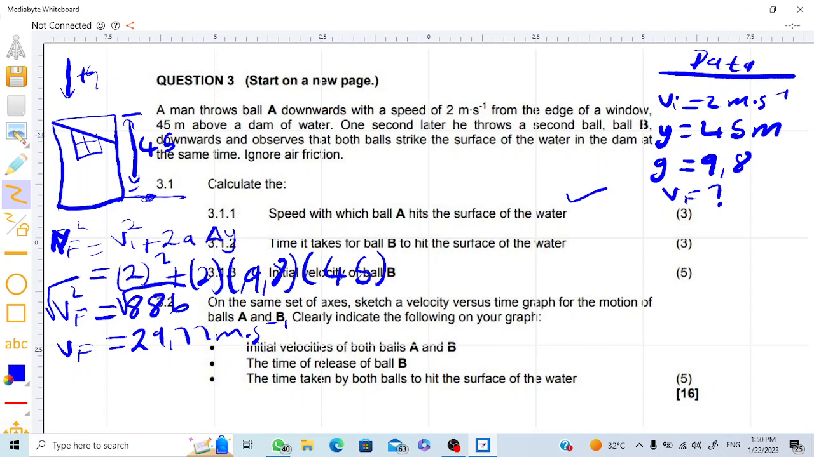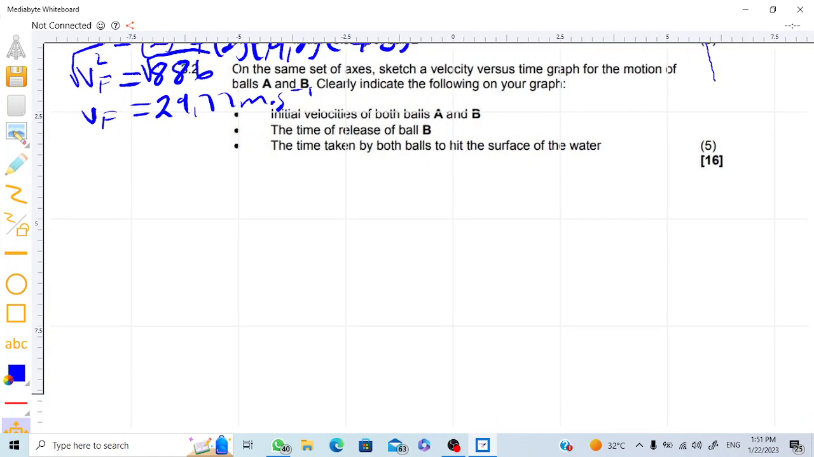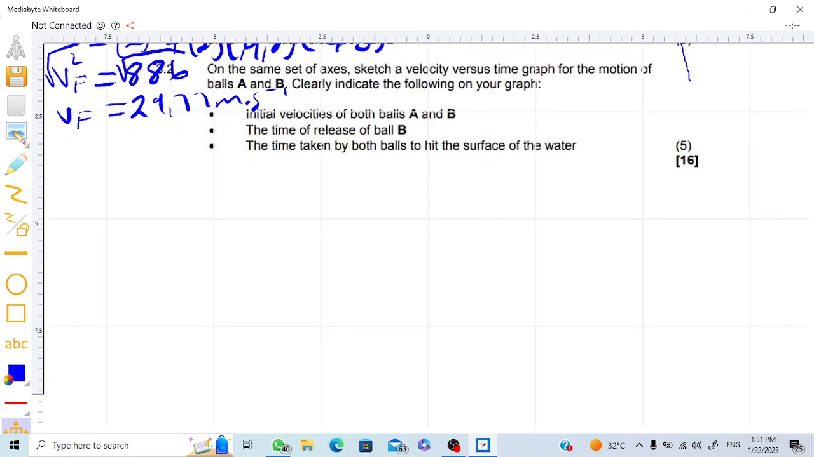Now we have a second question where they say calculate the time it takes for ball B to hit the surface of the water. Okay, now the formula that we can use here, we can use that formula that says